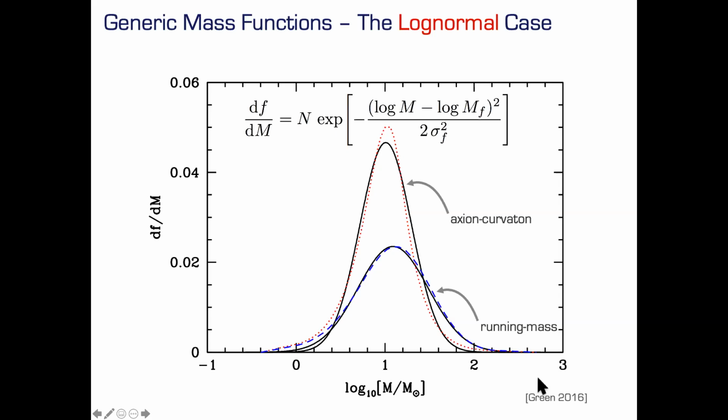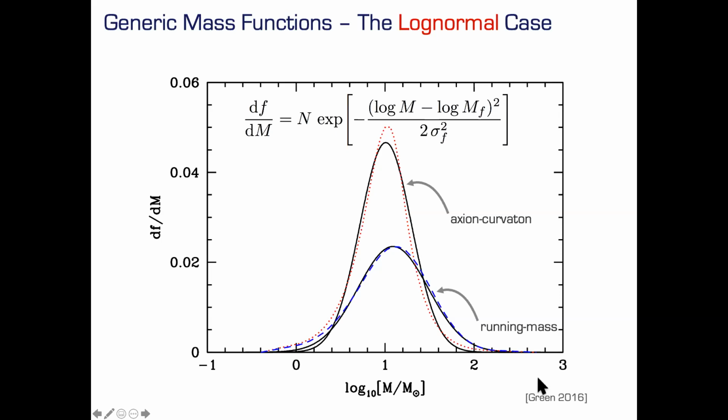It looks like most of these mass functions that you get, here f of m is the primordial black hole dark matter fraction, and m is the mass, as a function of mass in units of solar mass. It turns out that most of these models, like the running mass inflation, for instance, the colored lines, can be approximated by a so-called log normal mass function, which has this shape. It's a known function, and they are not exactly fitting, but most of these could be approximated by a log normal mass function.